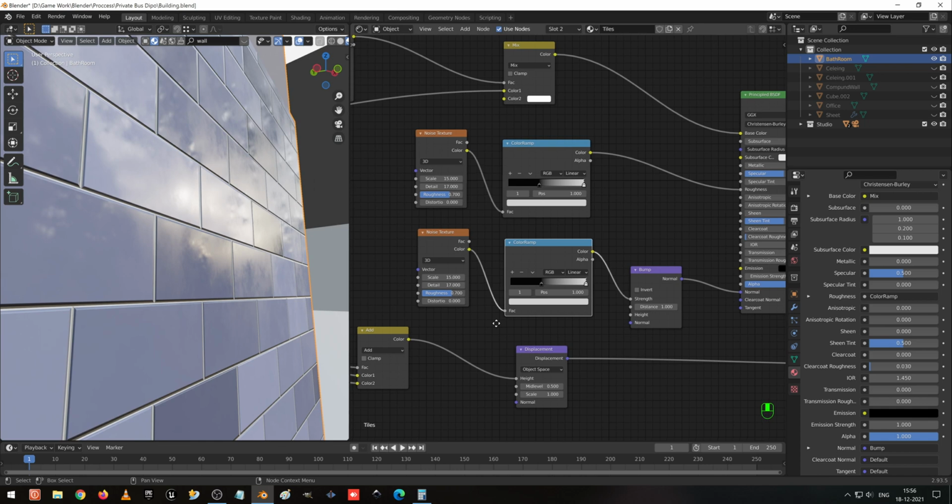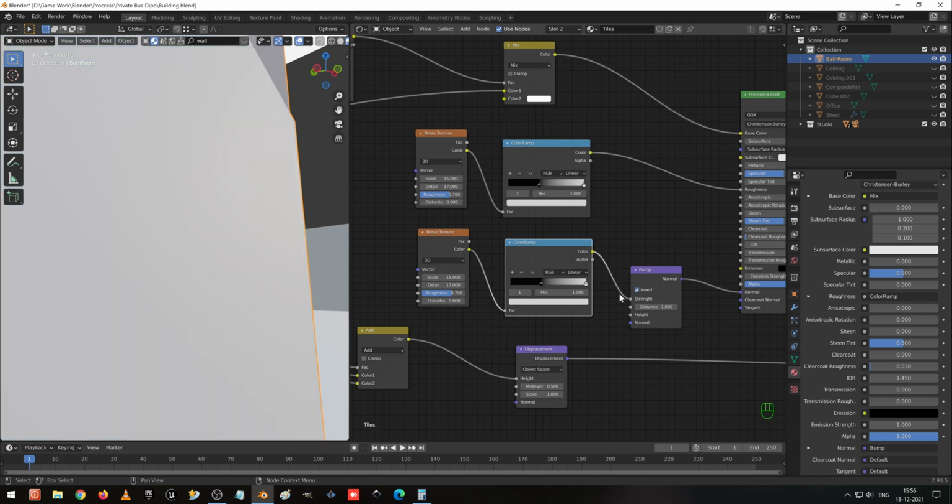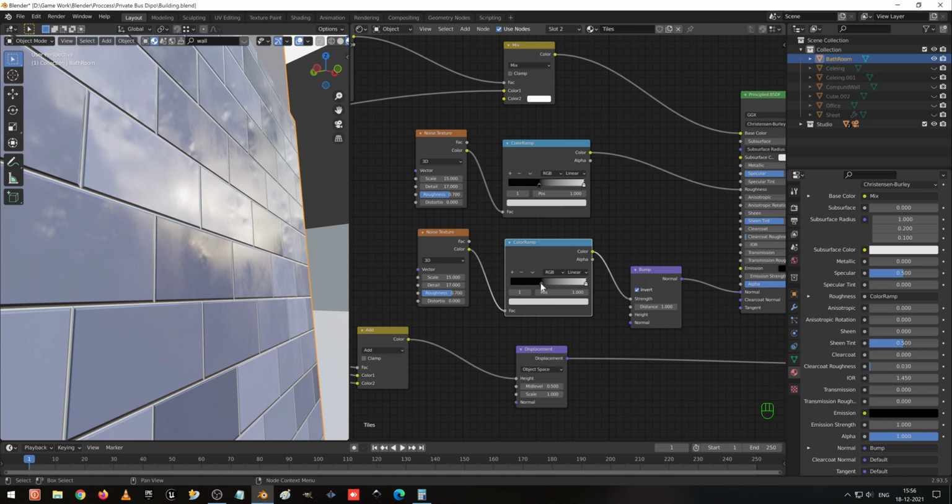Here you can select invert, and I increase the roughness, sorry, this value, the color ramp value.